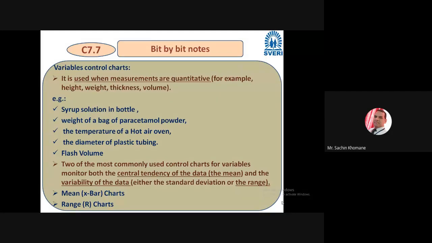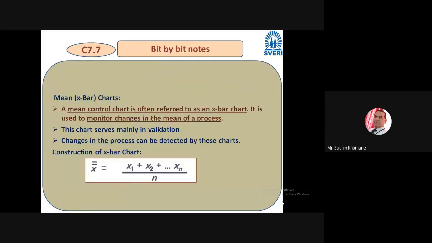We have seen various examples of it, and there are two charts in a variable, that is X chart and R chart. So if you are doing mean based, then it may be the X bar chart or X chart also. And if you are calculating range and you are drawing the chart, then it is an R chart. So these two charts we have seen, just its theory.